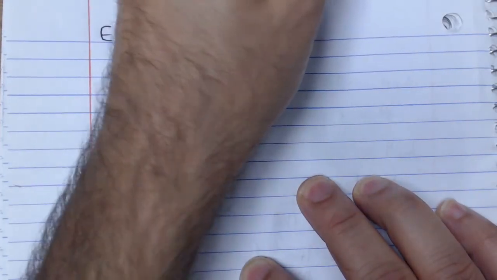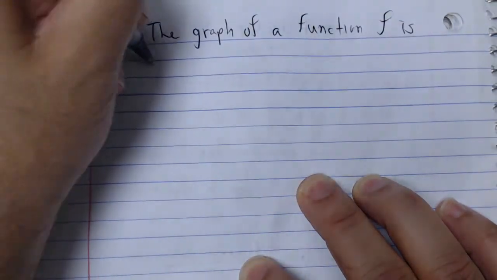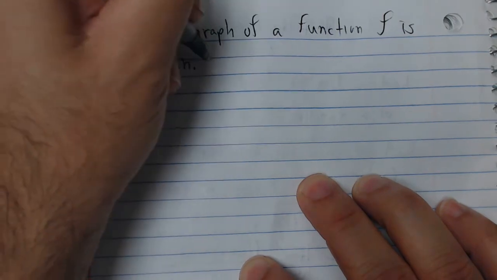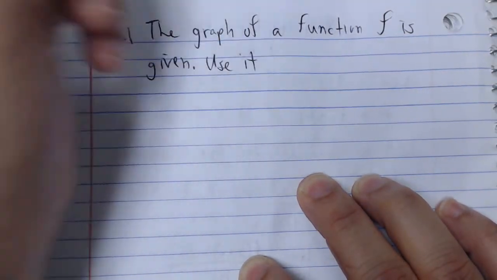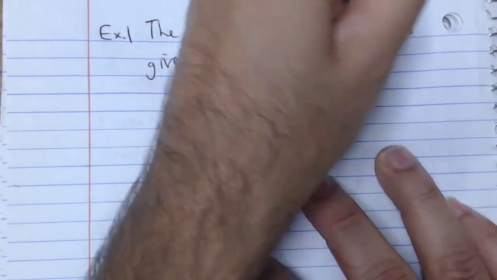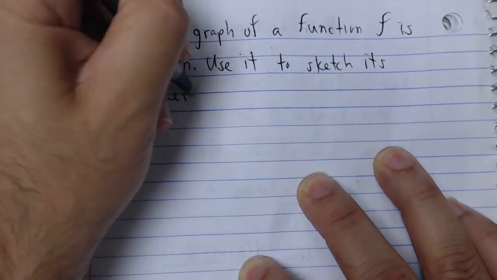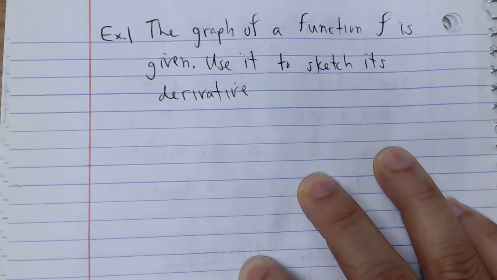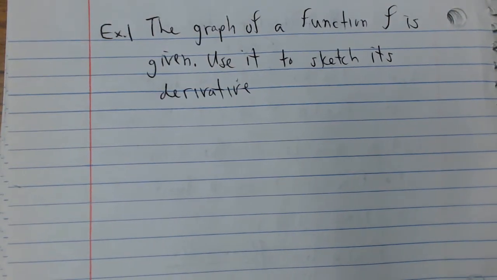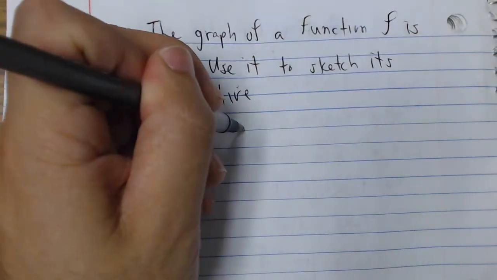We're going to say the graph of a function f is given. Okay, so I'm going to give you the graph of f, and we're going to use that to sketch its derivative. Okay, so I'm going to draw this kind of large just so we can be clear as to how we would approach this. So if I draw my graph,